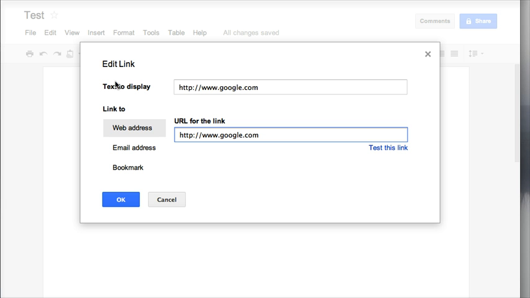Now where it says text to display, I don't want it to show the entire web address, especially if you have one of the long URLs that have tons of symbols and random letters. It's easier to just display some text. So if I just want it to say Google and then place in my URL for the link, I can